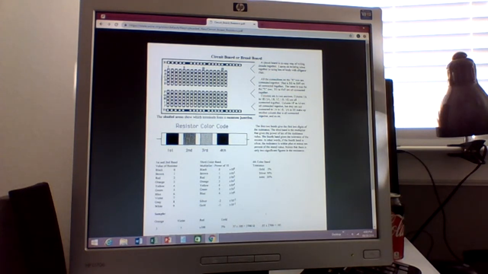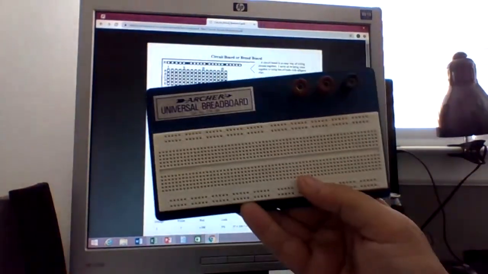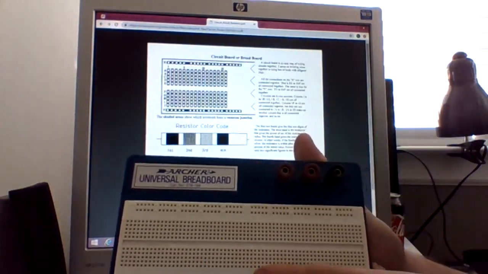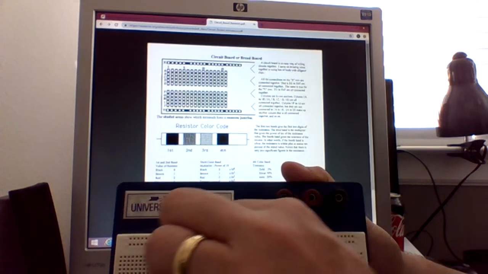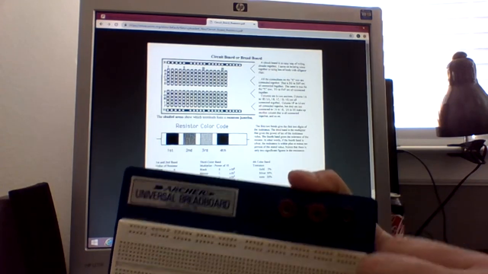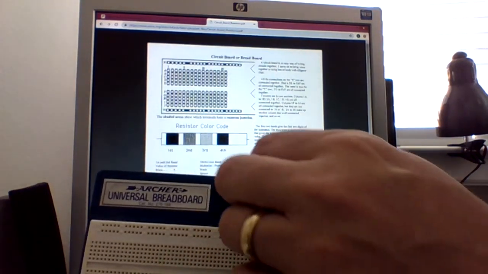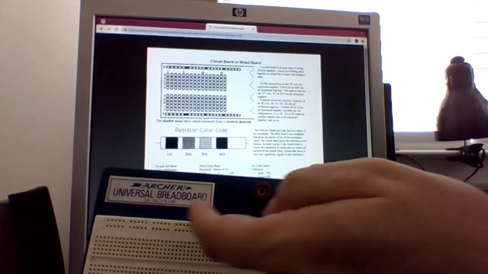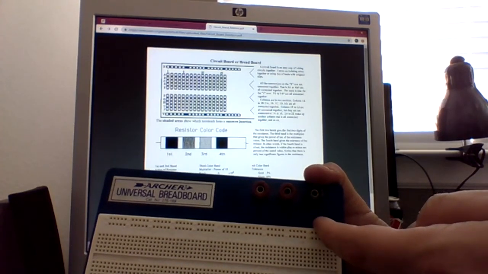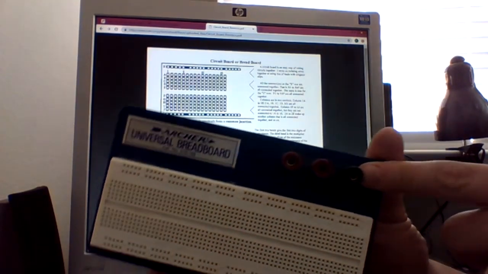Now, to give you an idea of what one of these things looks like in real life, here is what one looks like in real life. Okay? So what you'll notice here, and this is a standard type of breadboard, okay, is that this line at the very top here and the line underneath it, they are all connected. So what I'll quite often normally do is I will wire from like one of these powers to this top row. And then anytime I want to power something, I can put it there. And then I'll make this my